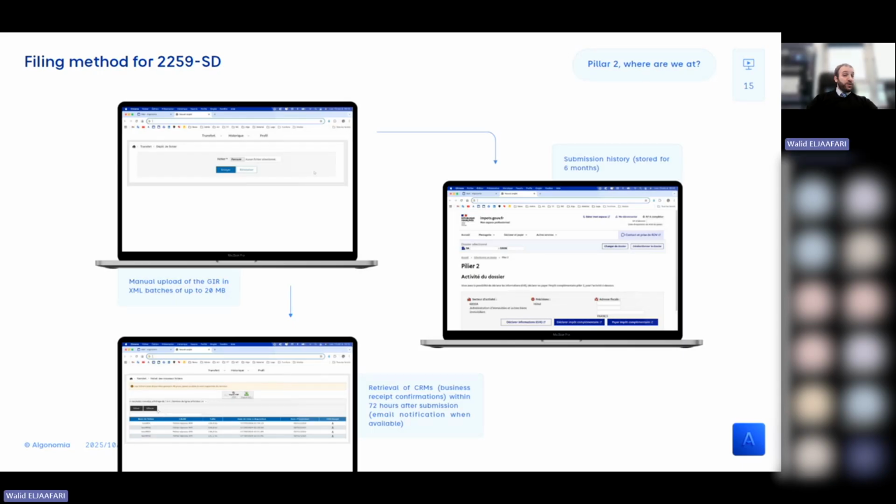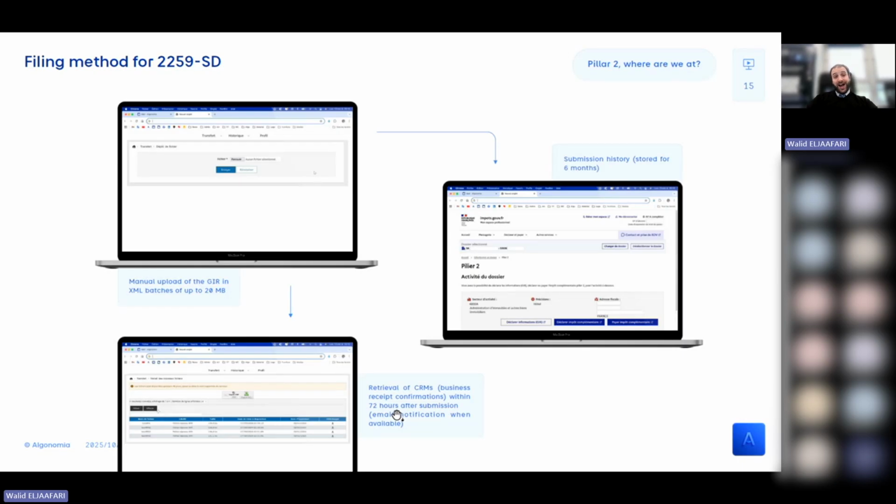It is not manageable directly in the interface. It's within the content of the file that some of the features of the error management are supposed to be written. After you have loaded your GloBE information return, at least for the French interface, you will get what is called a CRM,